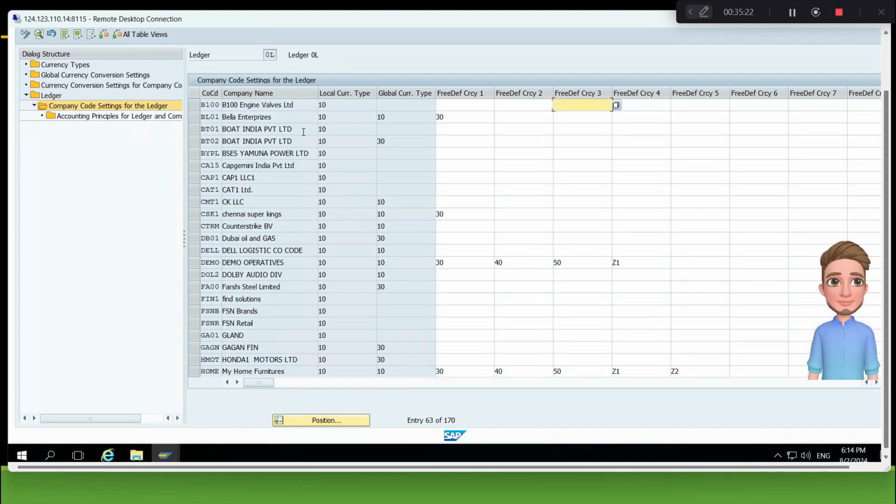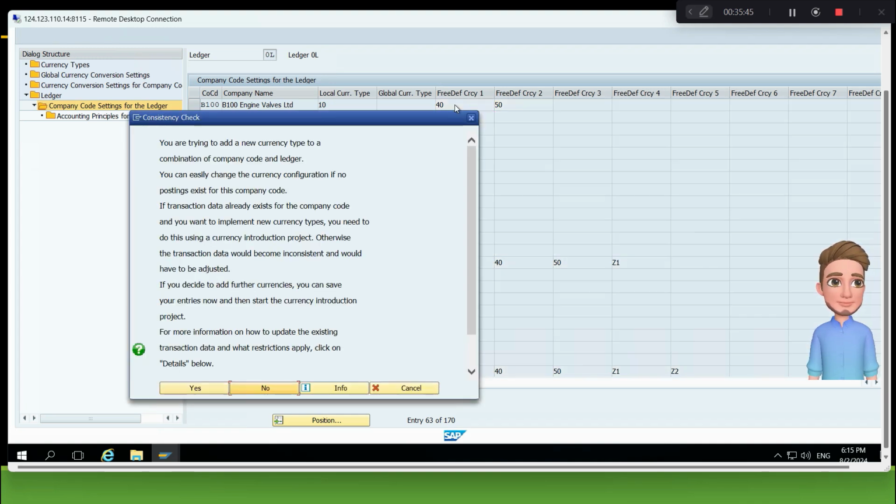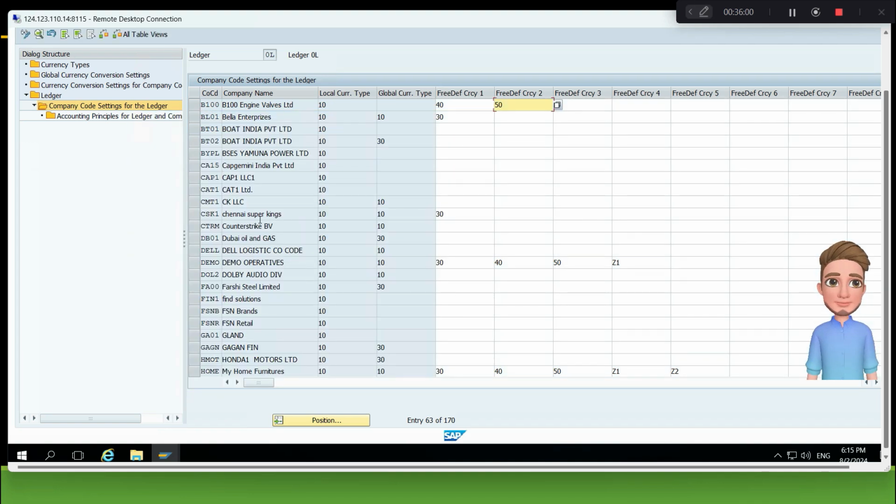When I come to B100, you can see here what currencies are possible. 10 is by default assigned. Global currency, if you want, will auto get populated. That's why it is not enabled for entry. In freely defined currencies, you can say you want additionally 40 as well as 50 as your currencies. You can give 40 as well as 50. Now whatever document your company posts in, you are trying to add a new currency to a combination company code. You can easily change the configuration if no postings exist. There is no transaction data existing, so I have enabled it here for these 40